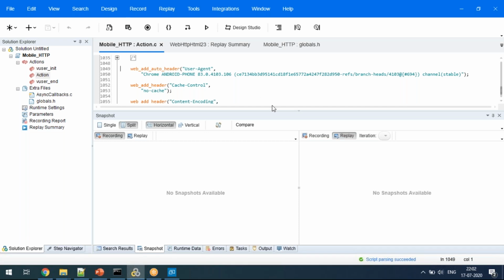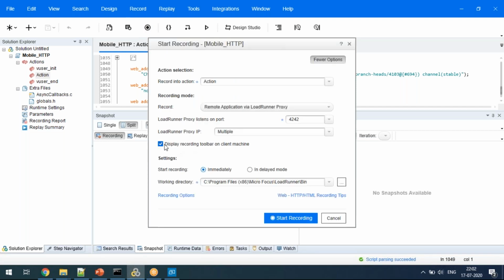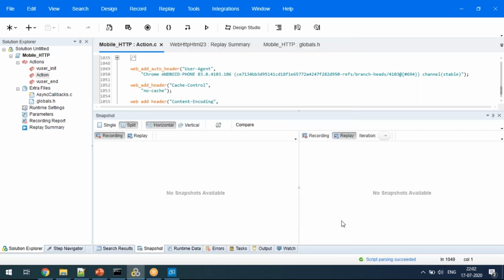You can actually, when you type connect in the search bar, did you do any further configuration before the device got connected? What did you do for the wireless? No, here. No, display recording. No. Before that, you type connect. There was a dialog box that came up. Saying, no. That is in order to show you what I am doing in mobile. I did it. That is nowhere related to performance testing.